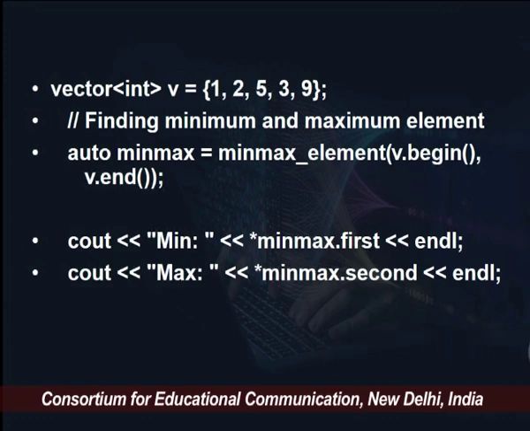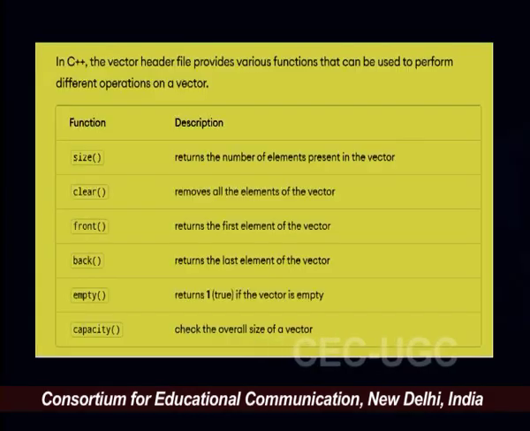Here we have a function which is readily available, and what we need to do is just call it and use it properly. So, in this way we can find minimum and maximum element inside a vector range,